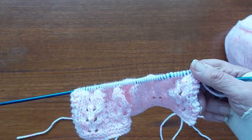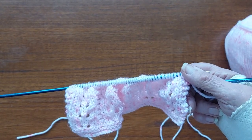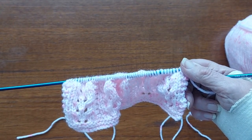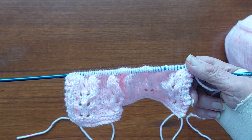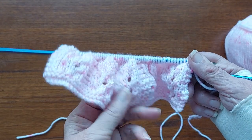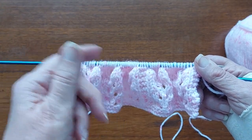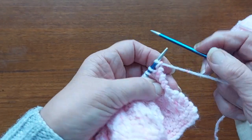I'm not sure whether this is going to be a 16-inch or an 18-inch, because once I get up to where I would do the armholes for a 16-inch, it'll give me a better idea. I'll be able to measure it better, so then I'll know what size. I'm counting on a 16, but if it ends up an 18, I'll just add an extra inch to the length and work the instructions out to that. But the first row is